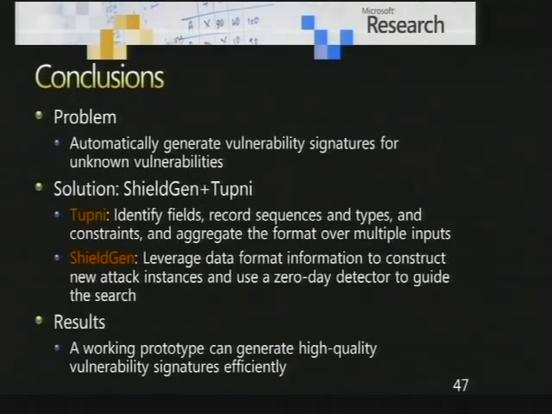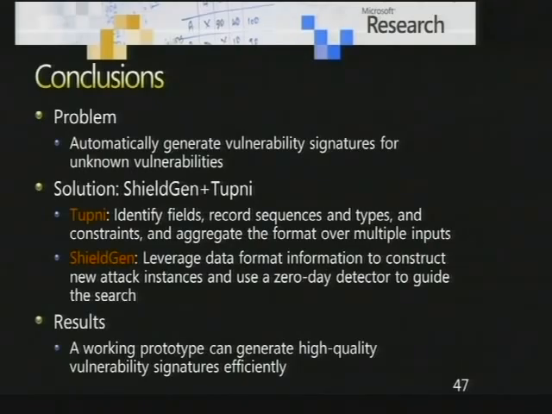Okay, so let me conclude my talk. Today I presented the problem of automatically generating vulnerability signatures for unknown vulnerabilities. And the solution is we want to combine two systems together. One is ShieldGen, the other one is Tupni. What Tupni does is reverse engineer the input format by identifying fields, record sequences, record types, and constraints,